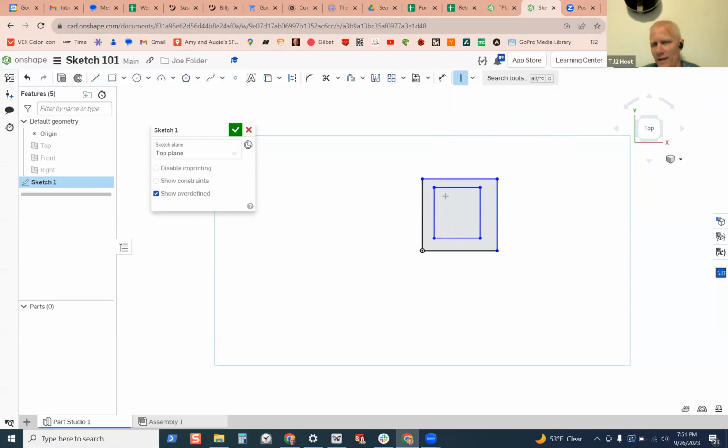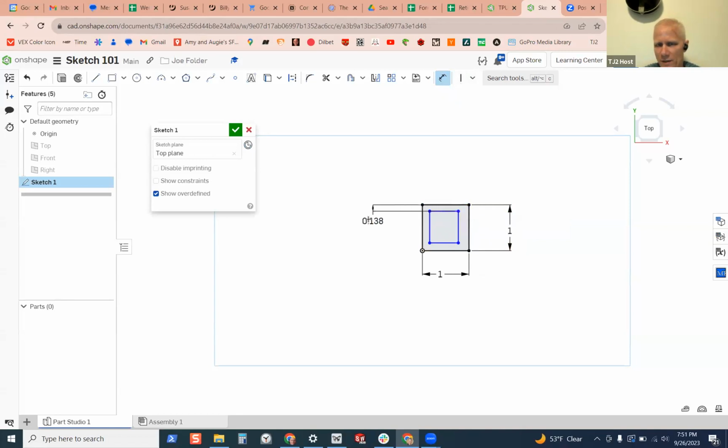And now, first of all, that isn't what my thing would look like. I need a bunch of dimensions on this. So I said, well, this is going to be 1, and then this is going to be 1. I click, I drag. That's one thing you have to get used to when you're in dimensions, is that you kind of need an extra click to drag the thing off the part, make it 1. All right. And then I guess I want to make all these 1/8 inch, 0.125, 1/8 inch, here to here,